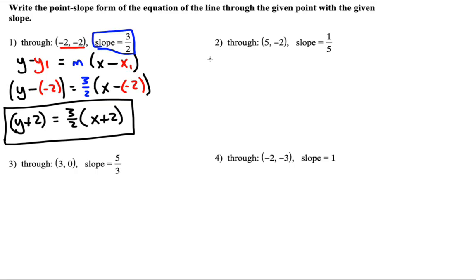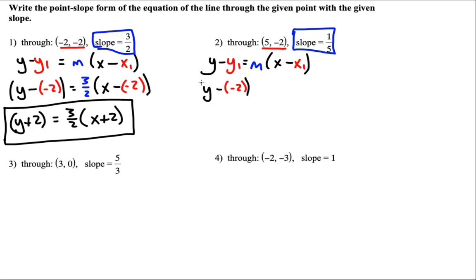Problem 2, let's do the same thing. Y minus y1 equals m times x minus x1. Where we know that our point is going through 5, -2, and our slope is 1/5. So I'm just going to write in my values. Y minus, what is the y value? The y value is -2. So y minus -2,